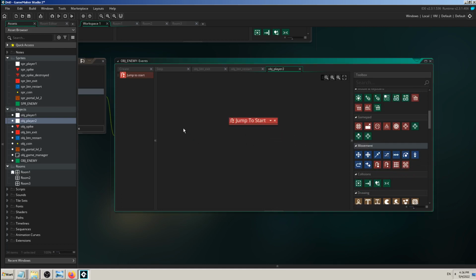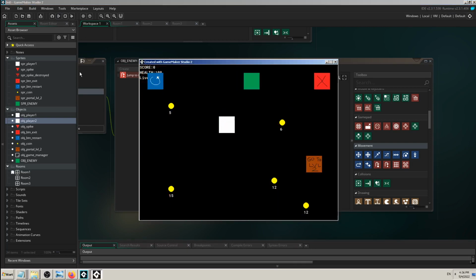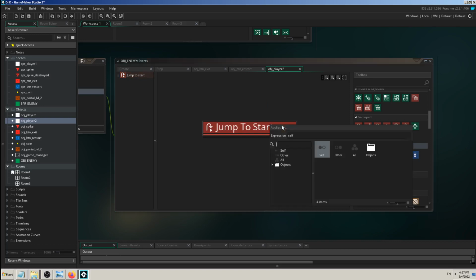So the problem here will be, because this code is on the green square, now instead of the white square player moving to the start, the green square will snap to the starting position. So you can see how it goes in the middle again. So I don't want that to happen that way. It can be maybe useful for some of your games, but what I want to do here is to click on this arrow here which says, okay, what do you want to apply this